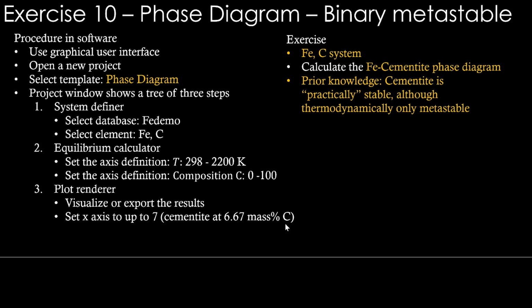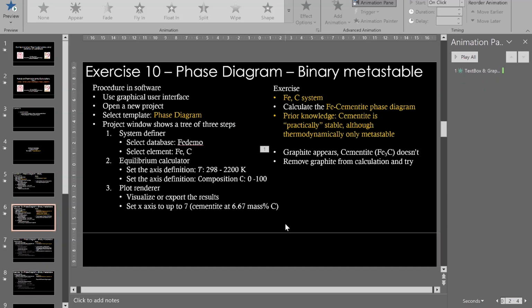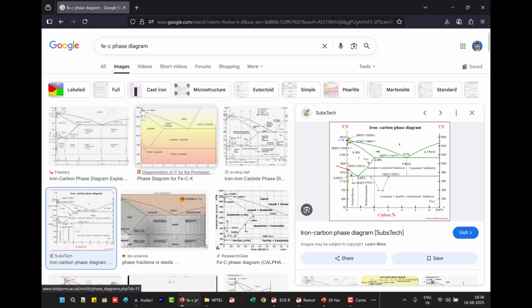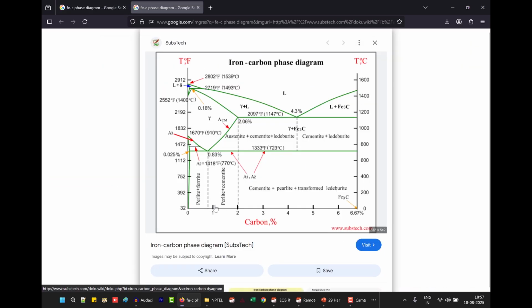Okay, let's see how to do that. Before that, let me show, if I simply search "iron carbon phase diagram, Fe-C phase diagram" in Google Images, this is what appears. If I click on any random diagram, let's say like this, you can see the diagram is drawn up to 6.67 percent of carbon, and that's where the Fe3C intermetallic phase stands. It's a line compound.